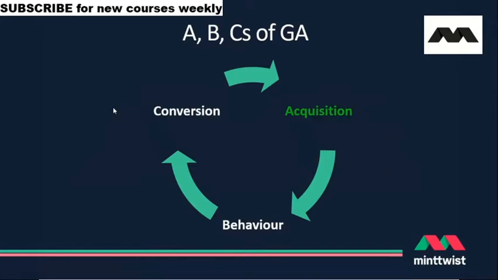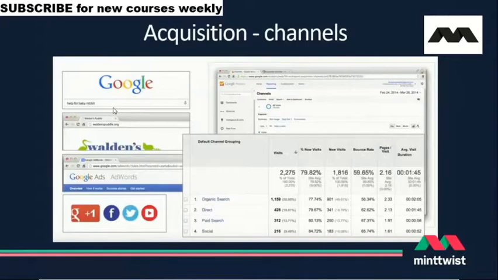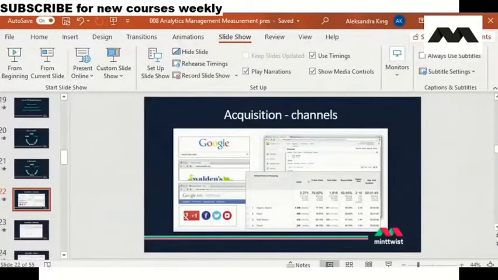Acquisition reports, quite simply, is where do users come into our website from. Behavior reports is what do they do when they're actually on that website. That's mainly to do with what content they're interacting with. And conversion reports lets us look at all of this data from the perspective of goal conversions. So how many people are actually buying from our e-commerce shop, how many people are actually filling out an inquiry form, and how many people are signing up for an event, or whatever the goals are that our website is set up to motivate. So let's just drop out of, and we'll give you a live example